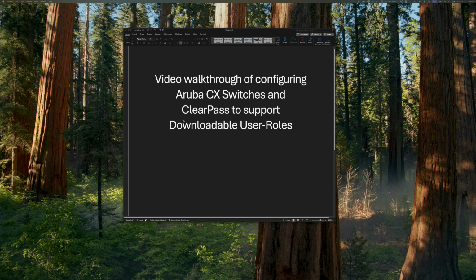Downloadable user roles are a great way to centralize policy enforcement. What actually happens is you define the roles on ClearPass, and then whenever a user authenticates and needs that role based on the ClearPass policy, the switch will log in to ClearPass and download the most updated copy of that. This allows you to scale to 1,000, 10,000 switches without having to touch 1,000 or 10,000 different switches